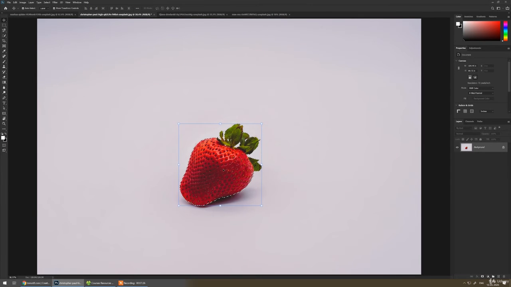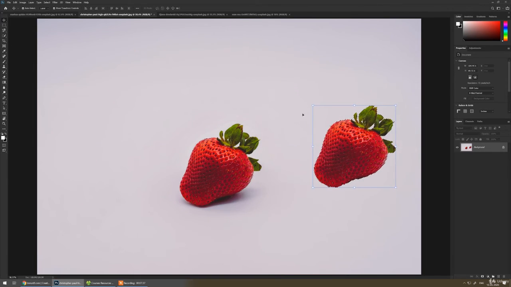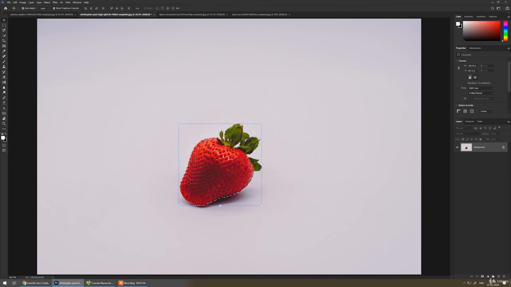To make a copy of any selection, you just have to press the Alt button on your keyboard and click and drag to anywhere. But that object will be in the same layer only, so the moment we deselect, we won't be able to modify it. So let's see how we can cut this out from this layer. You just have to press Ctrl J on your keyboard to cut it out and have a new object.